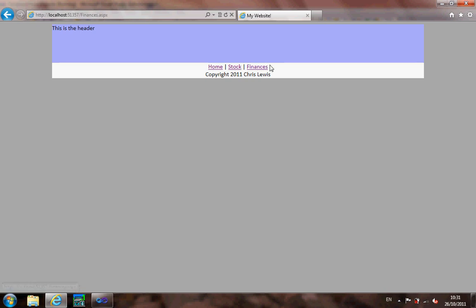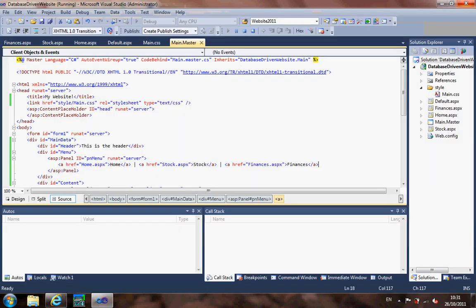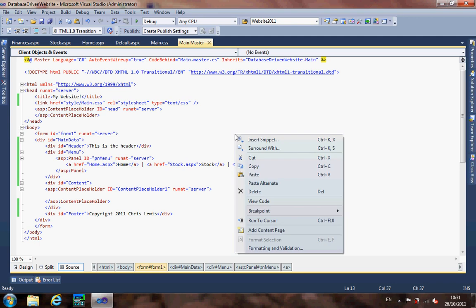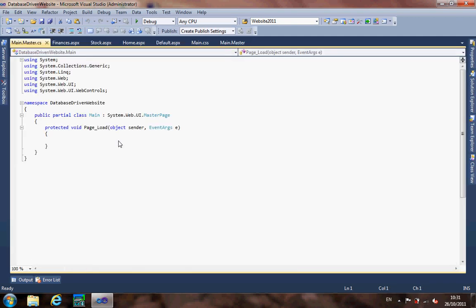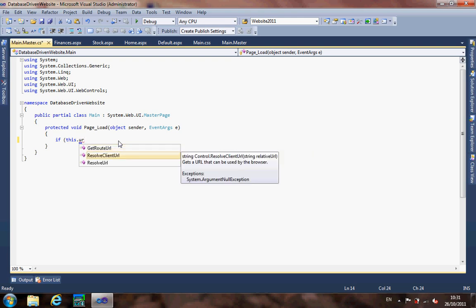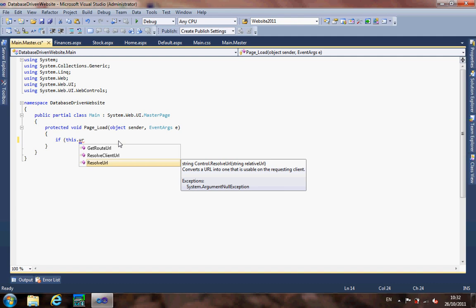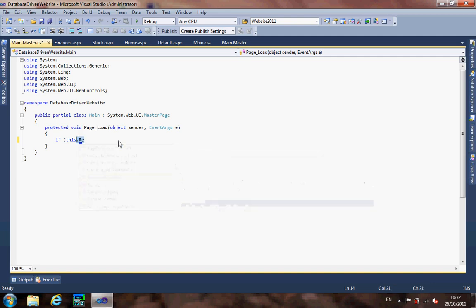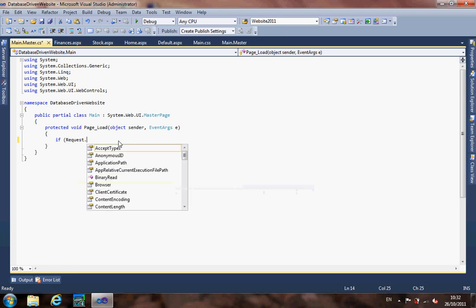What we're going to do is tell the computer to hide this menu, pnMenu, if you're not on Home, Stock or Finance. The way we're going to do that is go to View Code. On the page load event we're going to say if this dot resolve client URL, which is the one that's, well, actually, is it just resolve URL? No, actually they're just the resolvings. It's actually the request. See, I told you I wouldn't, because I'm doing it off the top of my head. If I get the URL dot toString, okay, that's the